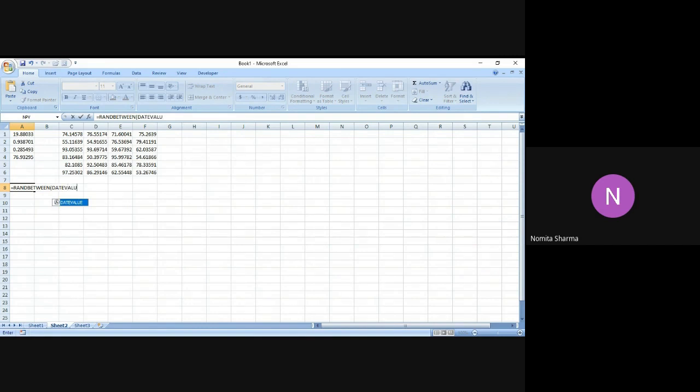Please be clear about the small mistakes that we might do. So let me say 1st of March 21, close the bracket, and then I mention the date value. I mention the first date and then I write comma. I mention the other date value also, again within the date value function only. I can give another date as say 1st June